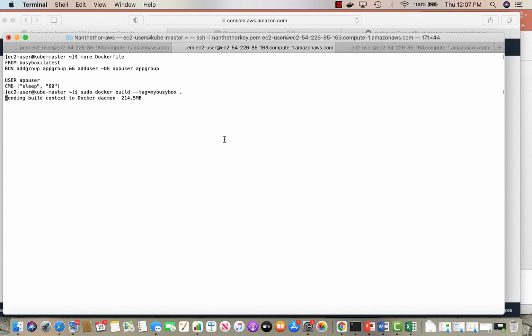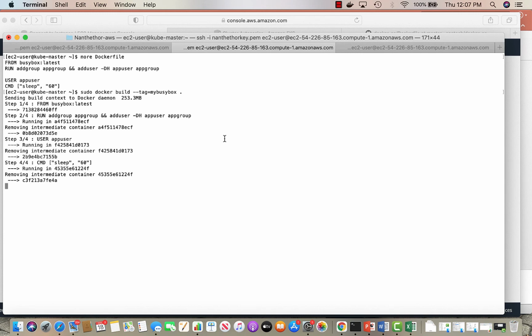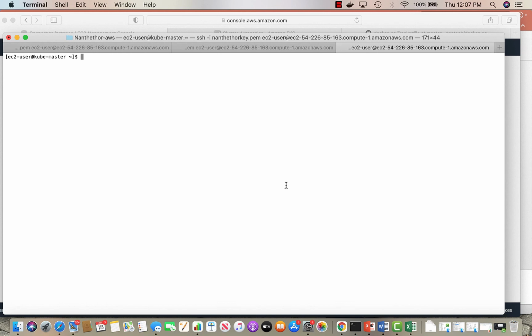So this is on one of the nodes in the cluster. You see it makes those layers, and it's going to be ready in a minute. Okay, it's tagged. Now if I want to run it, I'll just do run my busybox, that's my image name, as simple as that. Because I put a sleep statement, it's going to keep running. Now if I do sudo docker ps and grep for my busybox,